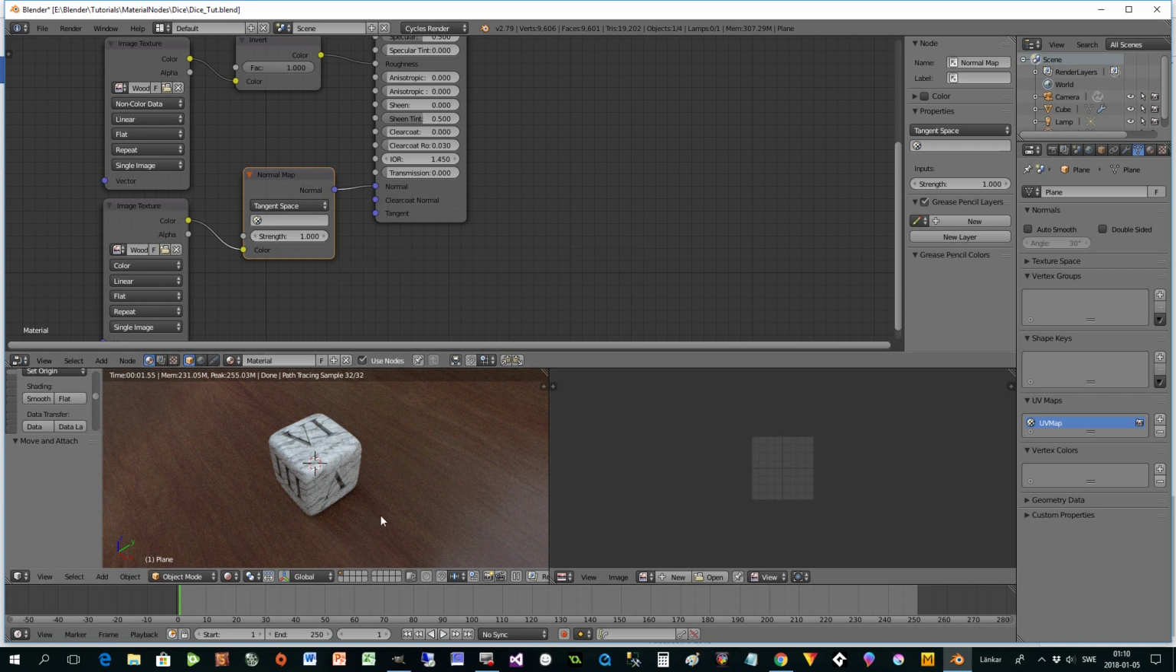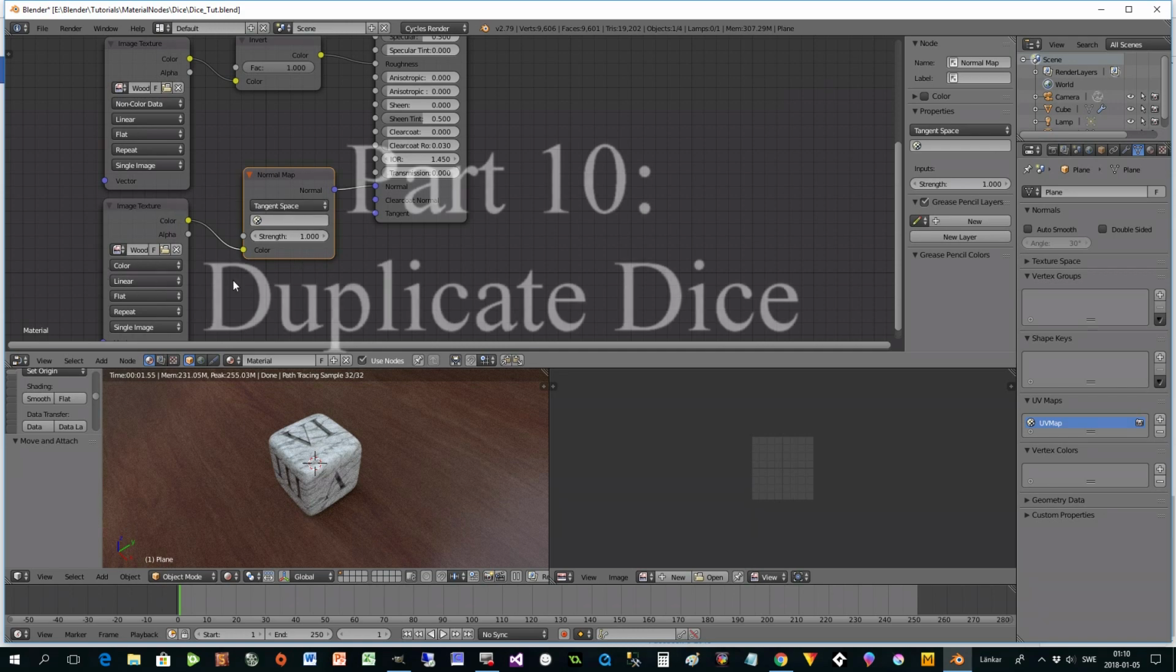So sorry about that. Normal to normal, when normal map is used, color. Okay,